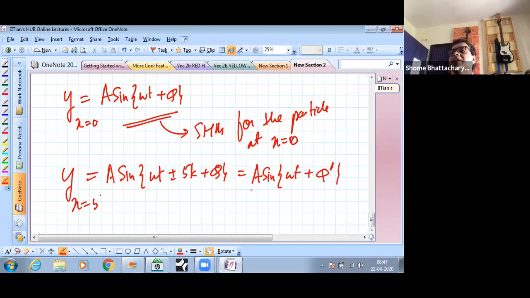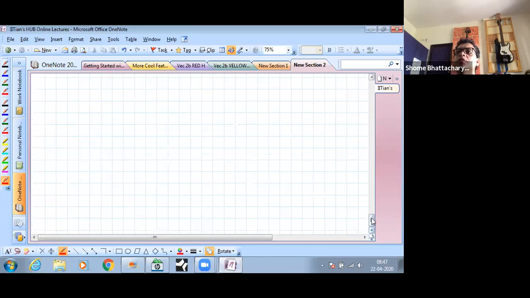So when you compare the SHM of the particle at x equal to 5 with the particle at x equal to 0, you can see it has all properties the same except for the phase. Both are oscillating with the same omega and the same amplitude, but one is oscillating with a phase of phi, the other with a phase of phi prime. So you can see that the phase difference between these 2 points,